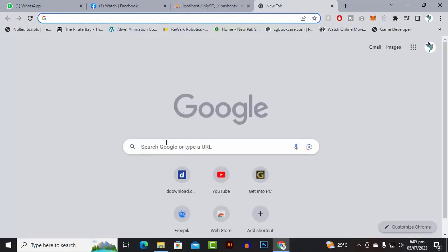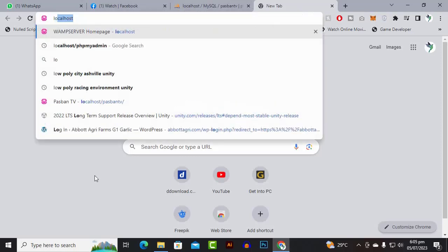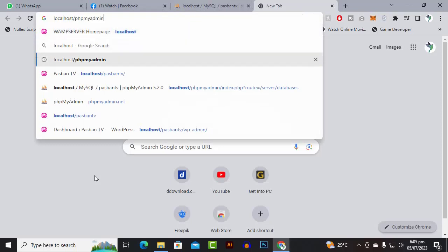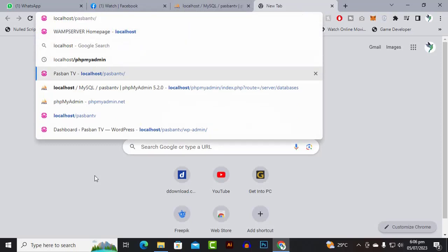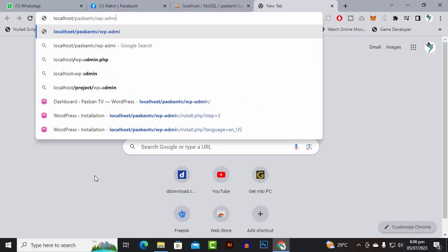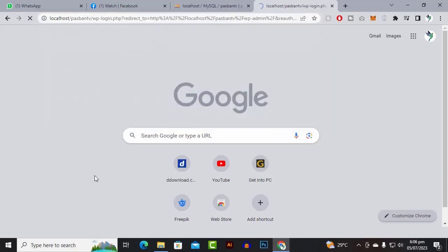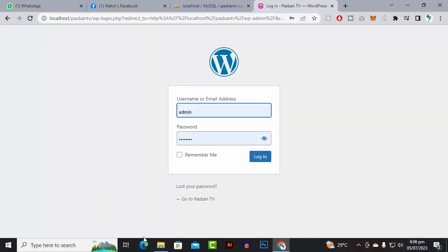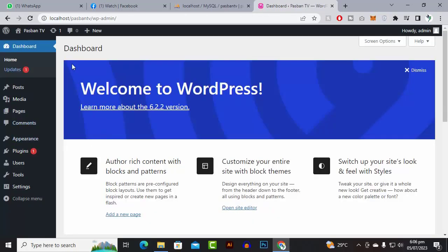At any time, if for example you are logged out and go away, and you want to open the dashboard again, how will you do that? You will go to localhost, because our website is on localhost, then Pasman TV, and then type here wp, then place a dash, and then admin. So this is the code for logging into the admin panel. Now you can see we are here, and again I will enter the password. Admin was our username, password, login. Now we are again logged into our